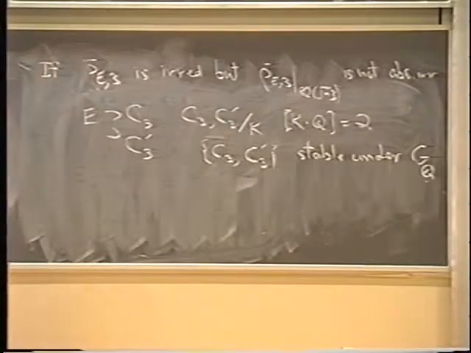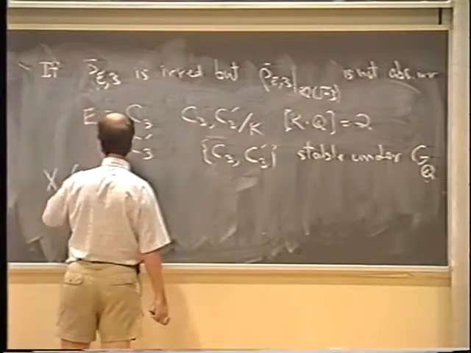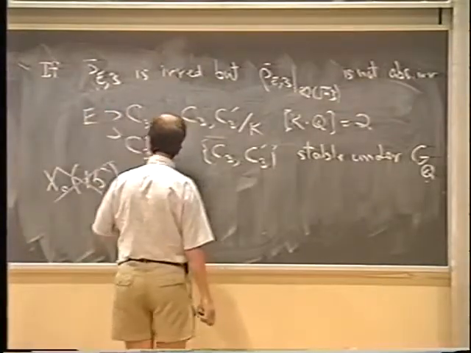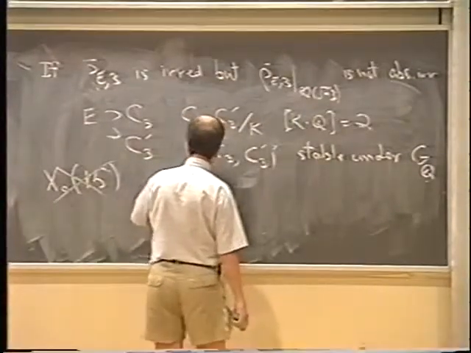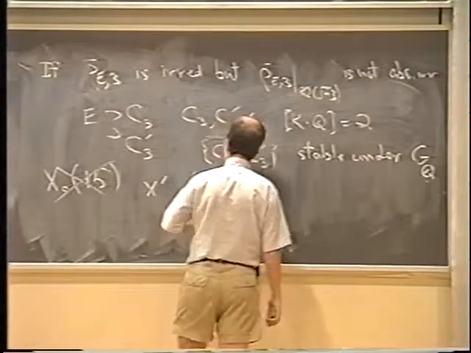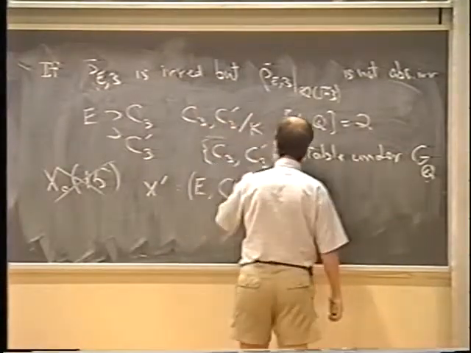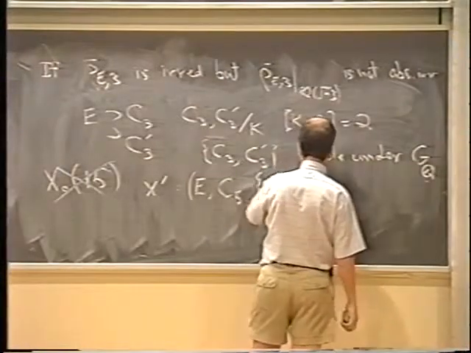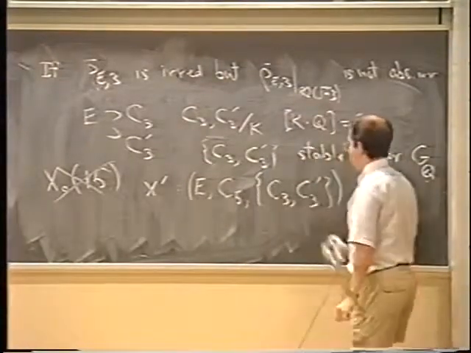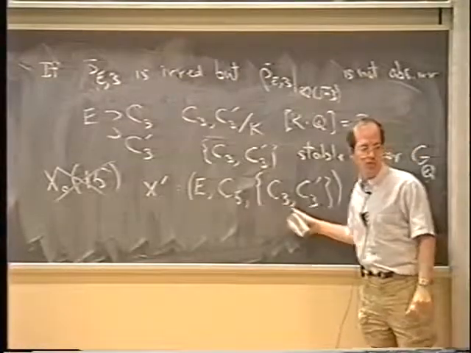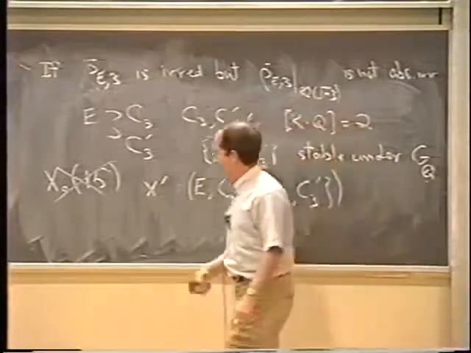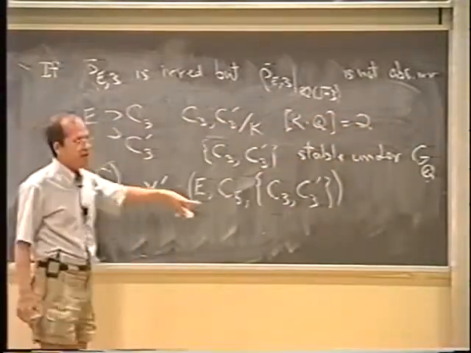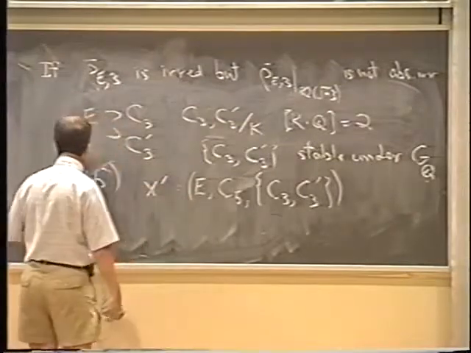Okay, and so this leads one to different modular curves. So in the argument I gave before, you replace X naught of 15 by a new modular curve, so I'll call it X prime. It's going to parameterize triples: E, a cyclic subgroup of order 5, and a pair of cyclic subgroups of order 3, where this is a non-ordered pair. So for this triple to be stable under the Galois group is exactly the information that we get in this case. So a bad elliptic curve corresponds to a rational point of this, but in fact you can show that